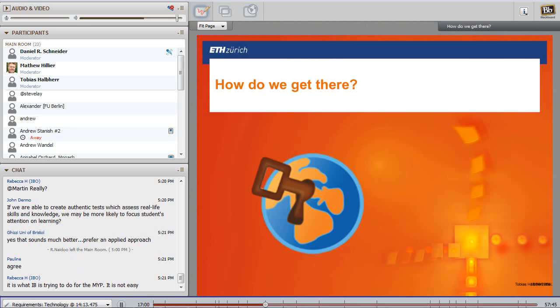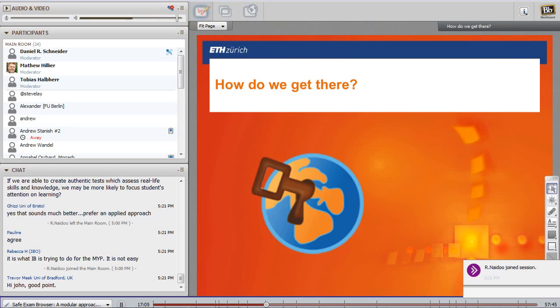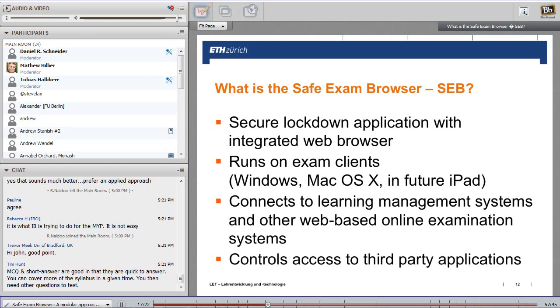So how do we get there? We have developed our in-house solution for securing exams, and that is Safe Exam Browser. This is a secure lockdown application with an integrated web browser. It runs on our exam clients. In our case, that's Windows machines, as we are using lecture halls, computer